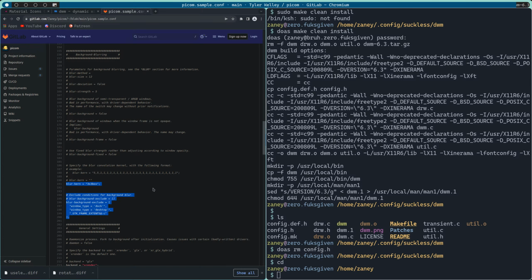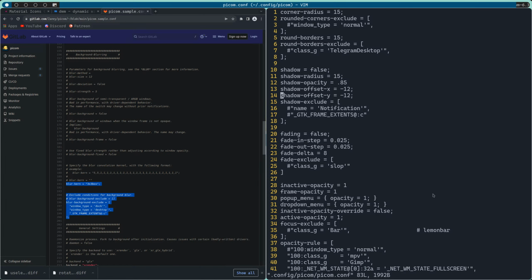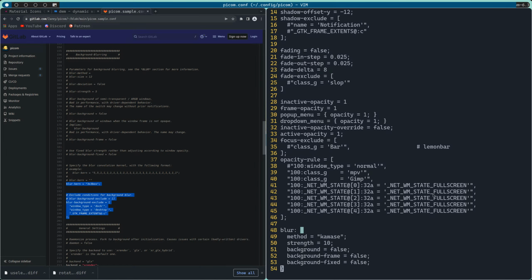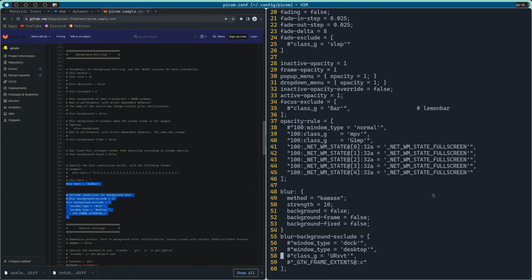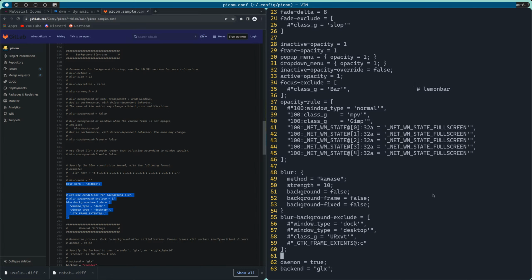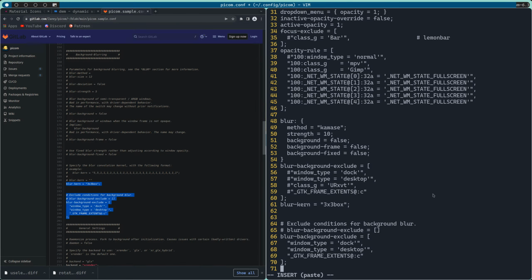Let's copy this. Let's try it. Let's add it in .config picom.conf. Let's go in here: fading, inactive opacity, blur. Yeah, see, I tried adding it in here. But let's do this. Hold on. Set paste. There we go. Let's do